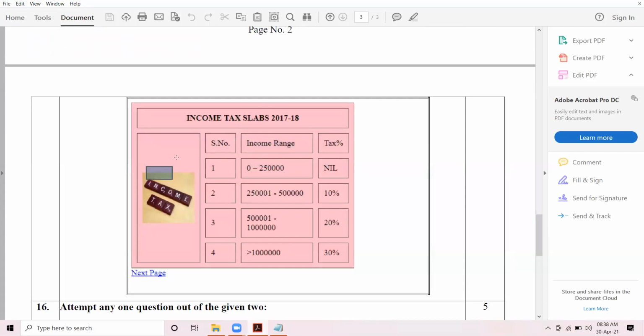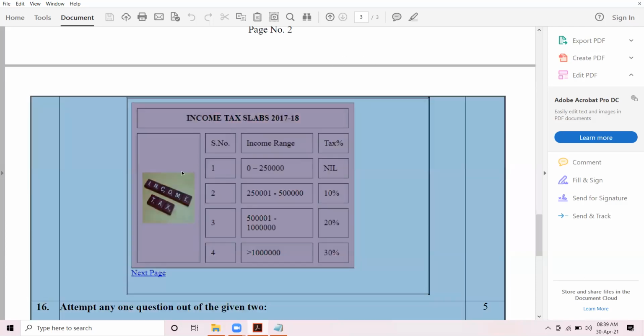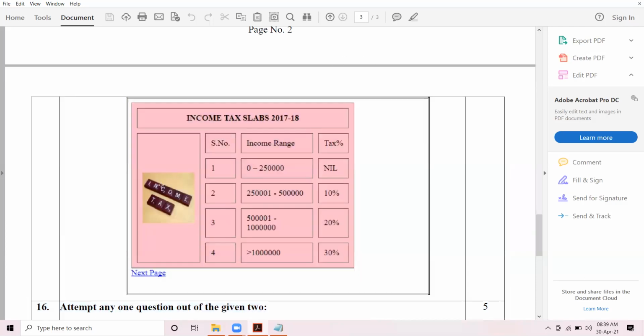Now listen carefully, the first cell of the first row after the header row, this cell where this image is there, is spanning vertically down across 5 cells.